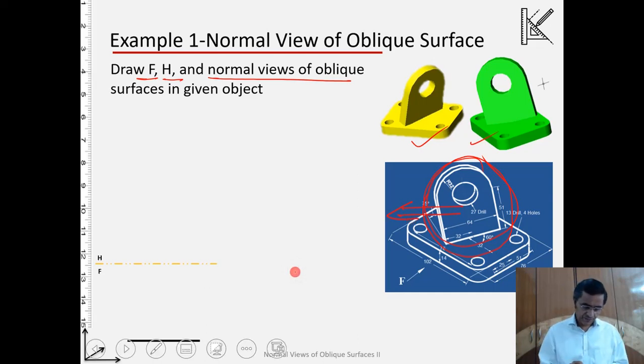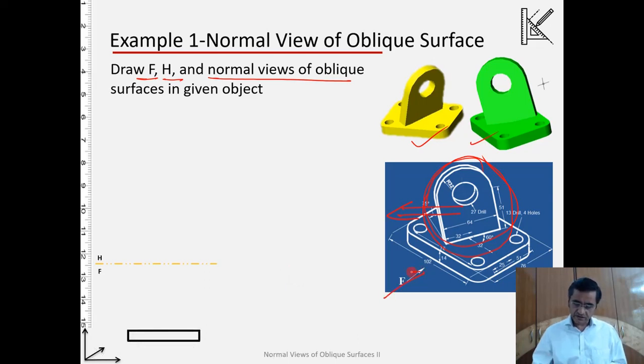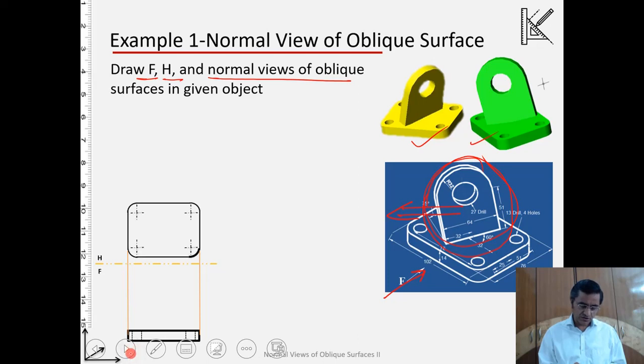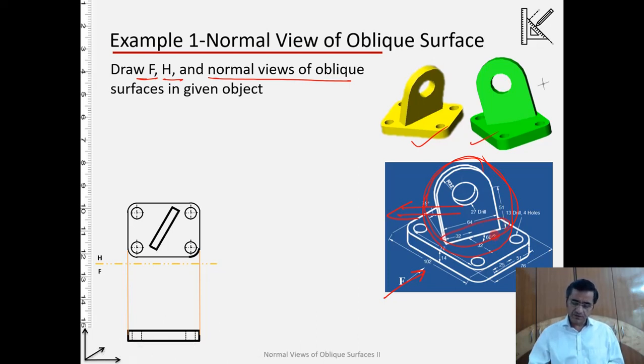Let us do it. So here I am first creating the frontal view, and that's the direction of the viewing. So the dimensions are given, and with the help of the dimensions we can draw the frontal and the horizontal views without much trouble, and this part we have done already. So this is the base of the inclined part over here, and we know at what angle it is inclined, so with the help of that we can draw it. Alright, here look at this surface.